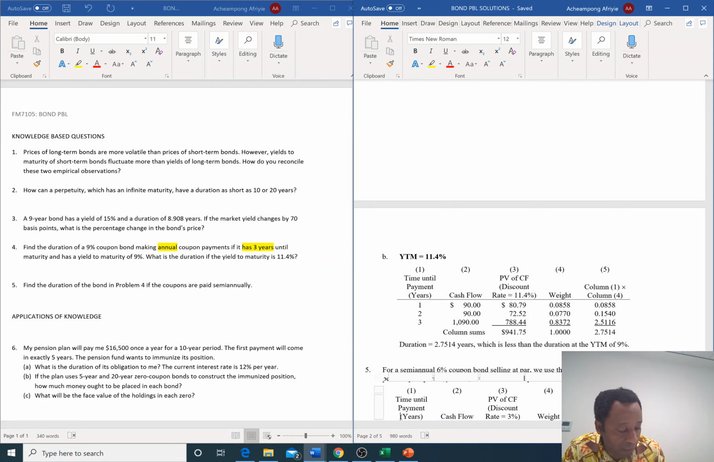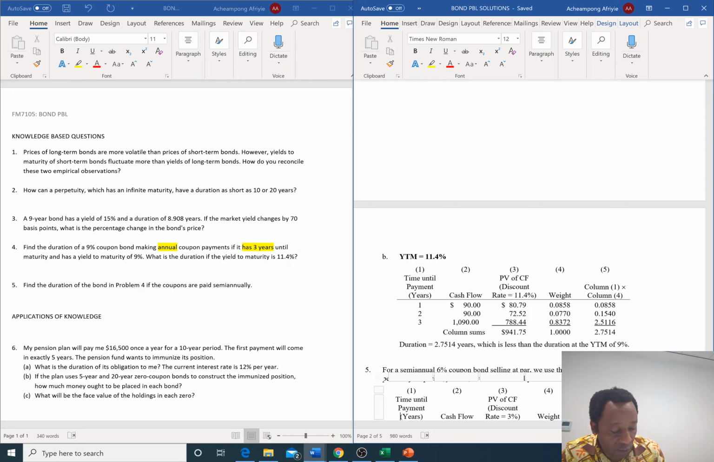So let's just go back to second function and 9. We leave the date there. We go down. The coupon is the same. We leave it there. The date of redemption is the same. We leave it there. And then we go all the way to the yield. It's 11.4. Enter. And then the figure comes out as